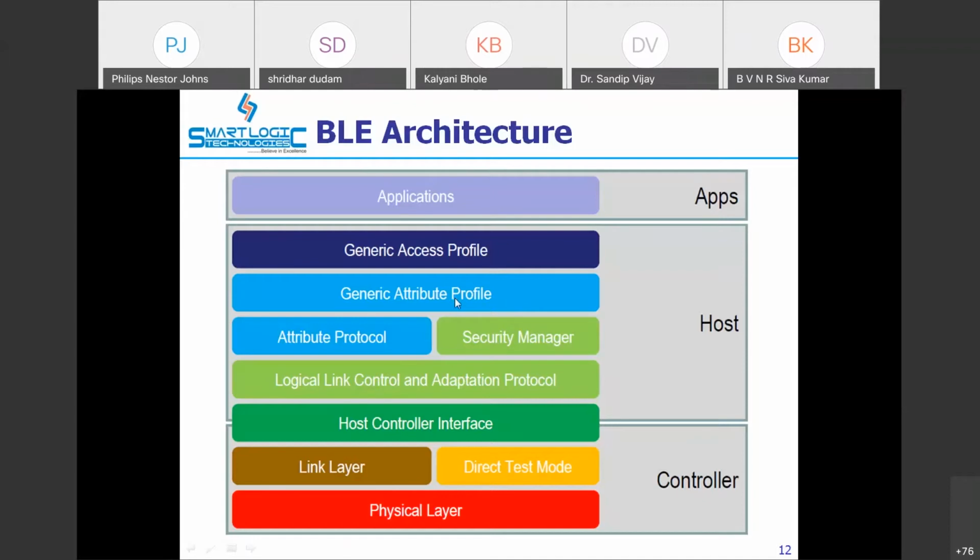There we have to generate the data payload, which is transmitted to the controller. Then the data is visualized or processed through some user interface, maybe on your computer or on your smartphone.